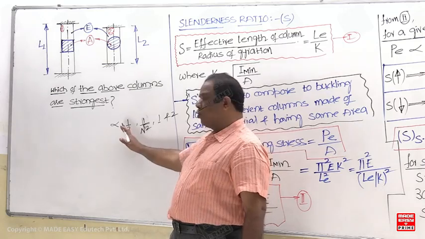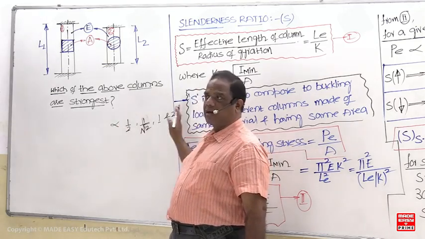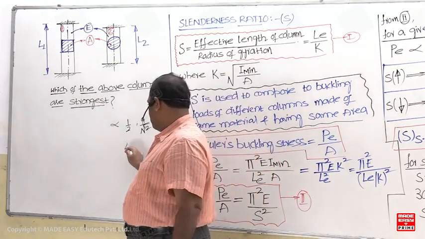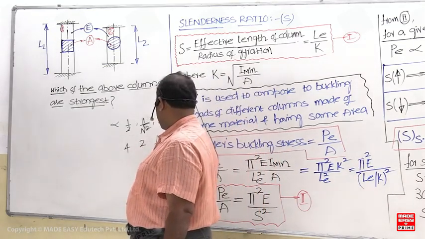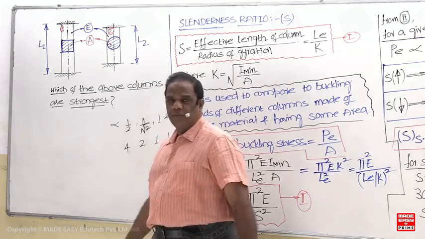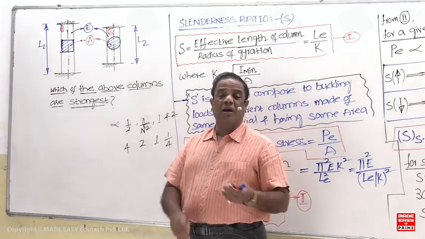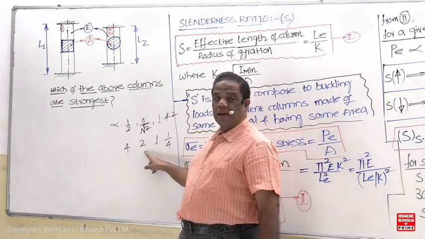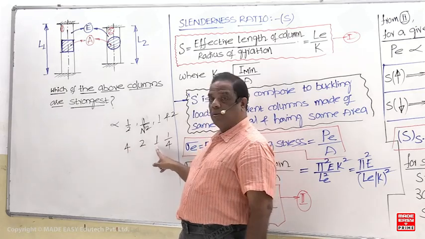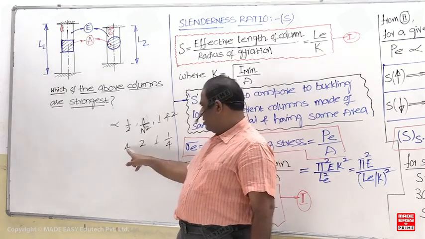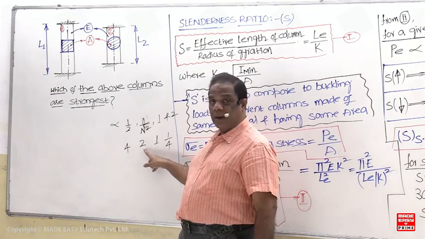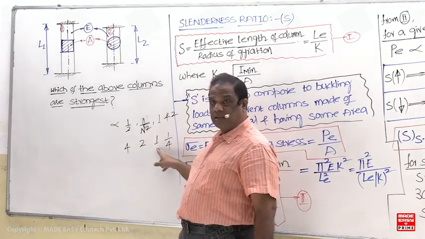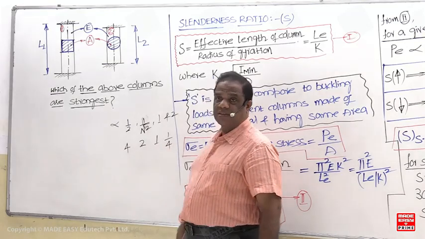Both ends fixed. So when I am going from the left to right, alpha value is increasing, meaning buckling load is going to decrease. But the n values you have studied, this is 4, this is 2, and this is 1. So from this only you have mentioned that buckling load is directly proportional to n. For comparison, always n value is better. The buckling load of both ends fixed is 2 times the buckling load of fixed and hinged. And when compared to both ends hinged, 4 times. When compared to fixed and free, 16 times.